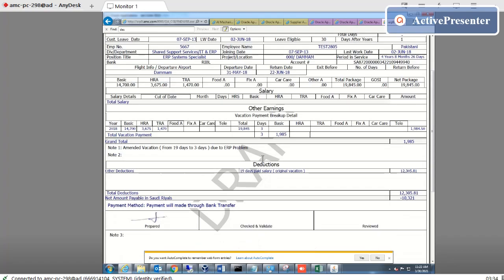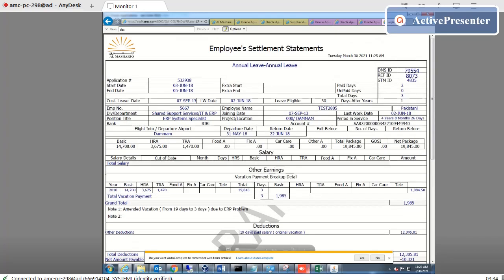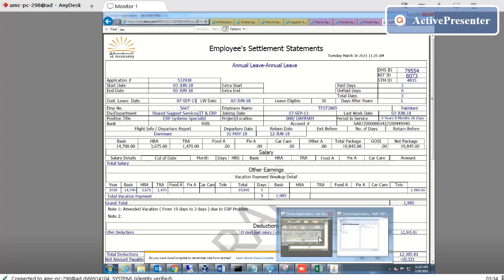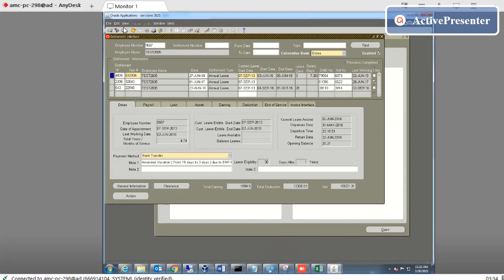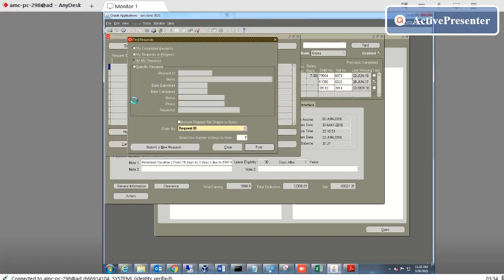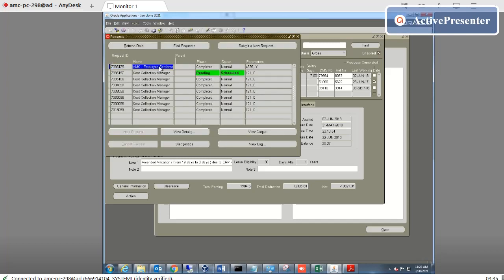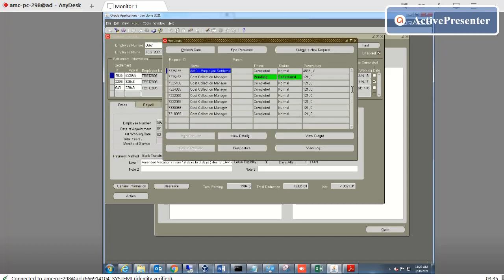Get draft report, and this is the report. So what is the mechanism? You see, when I click here, it automatically submits one request. If you go to the find button, you see this request is submitted on this click, and this is a parameter.